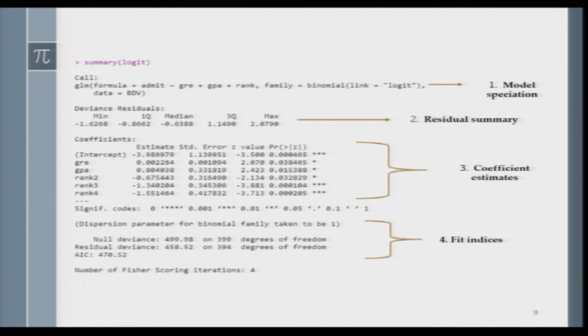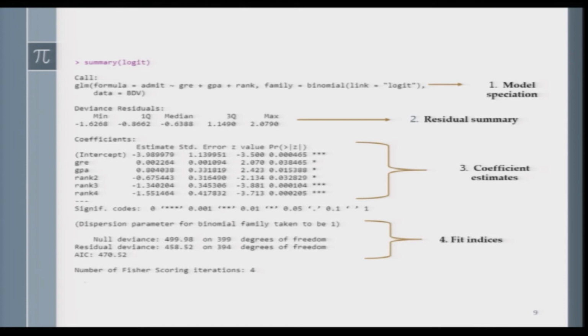So, I have 3 dummy variables, rank 2, rank 3 and rank 4. Each of them indicates the rank of the institution. Rank 2 is a dummy variable which takes value 1 when the institution's rank is 2, and similarly you can interpret rank 3 and rank 4 variables.